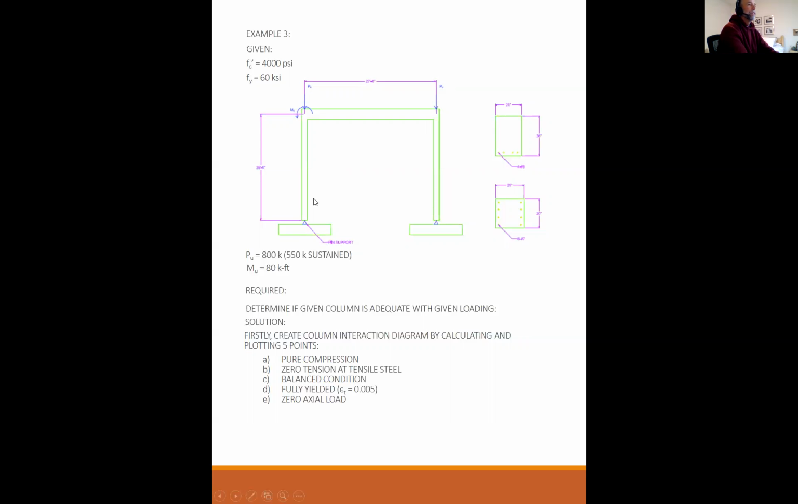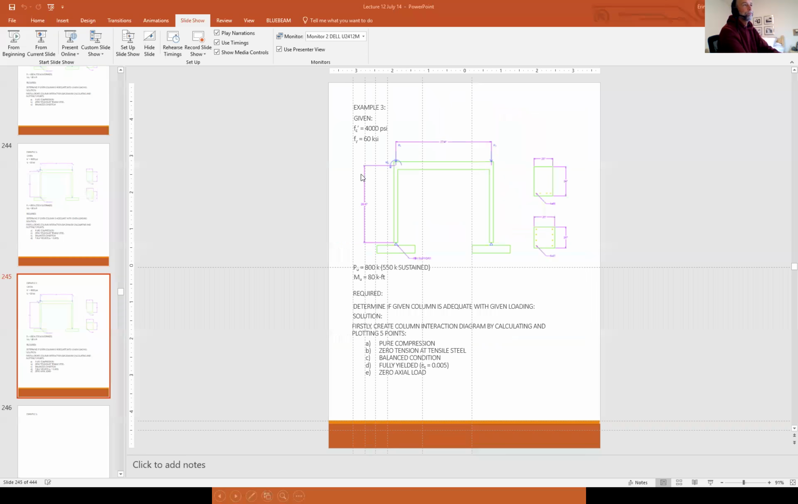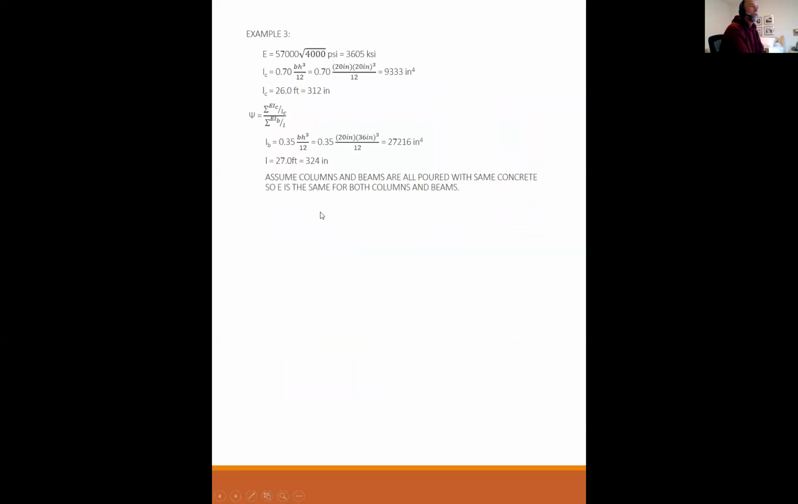And then what we did is we did our 5 points to find the interaction equation for any section in the column. But now we need to figure out, is the column slender? And if so, what are our actual loading demands? Okay, so that's where these numbers come from. The moment of inertia of the column was 20 times 20 to the third and 26 feet. And then the beam was 35% of 20 times 36 to the third, and the length of the beam was 27 feet. Okay, so assuming that the columns and beams are all poured with the same concrete, so E is the same for both columns and beams,